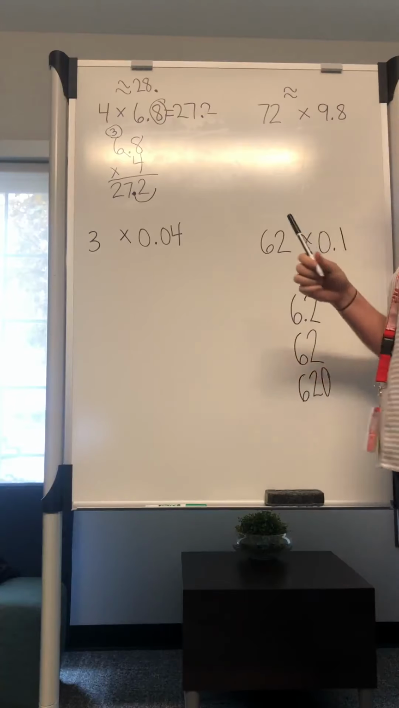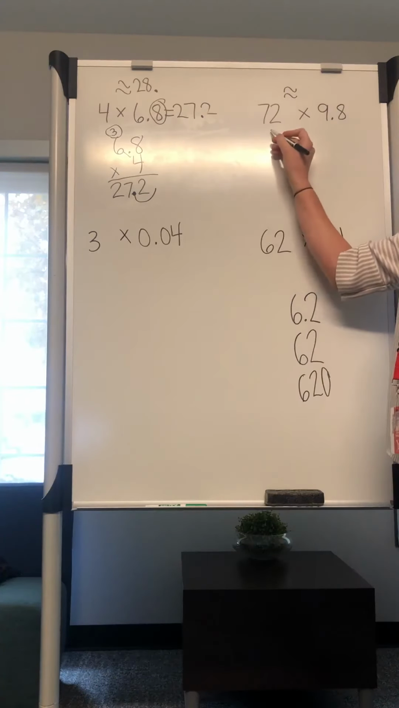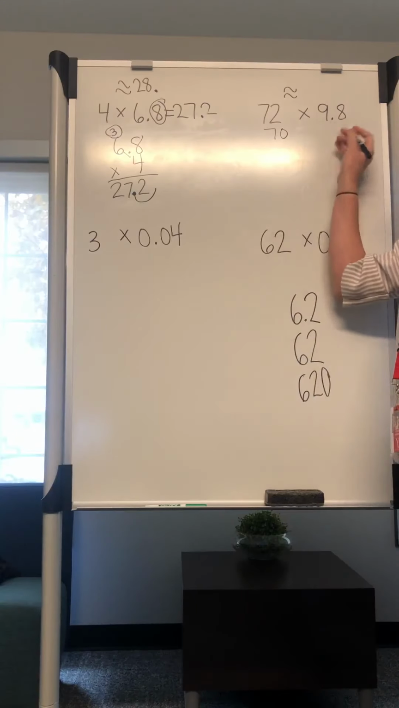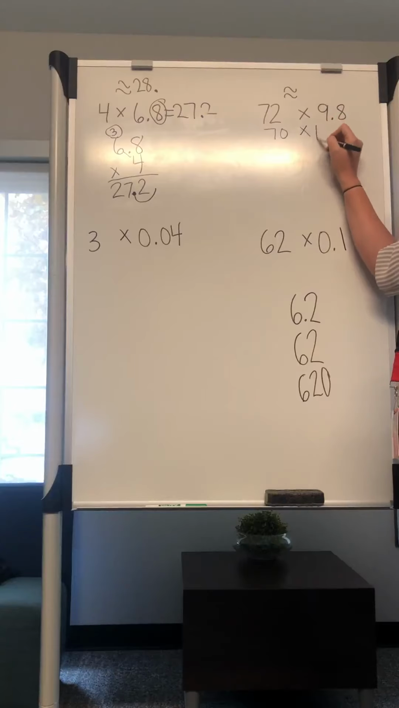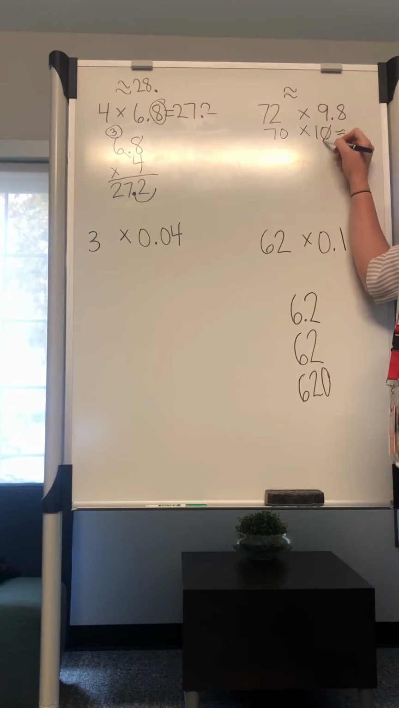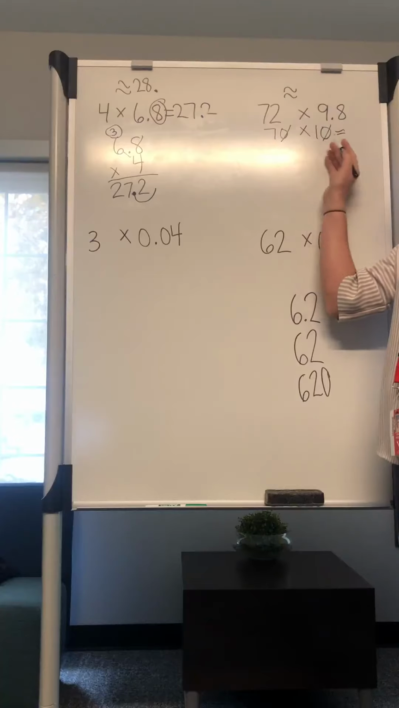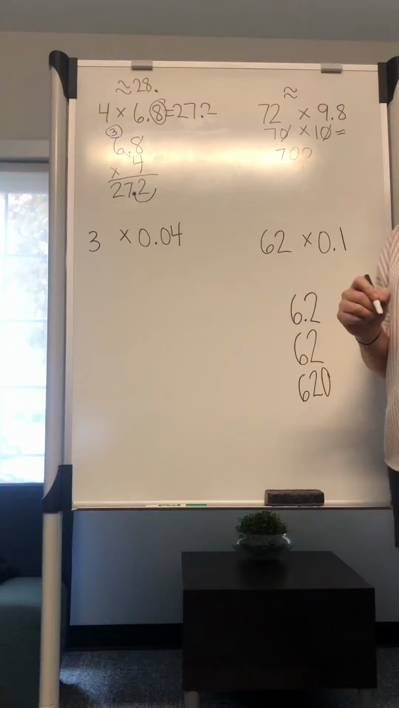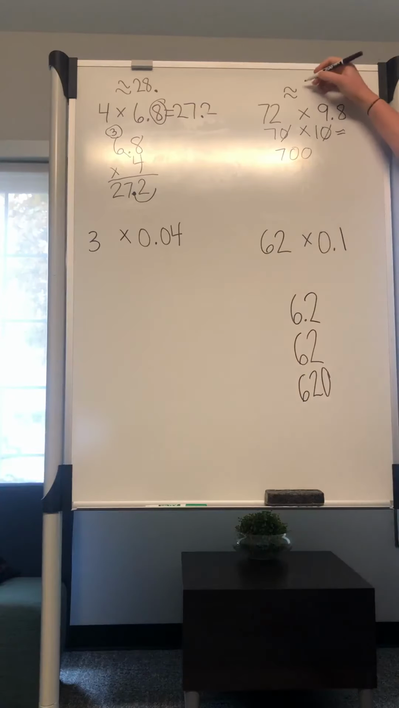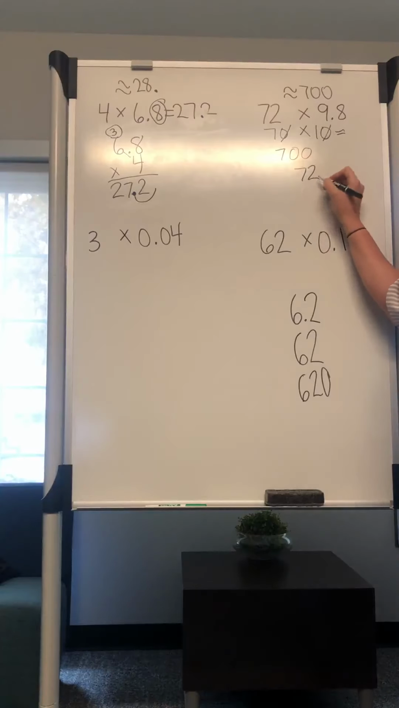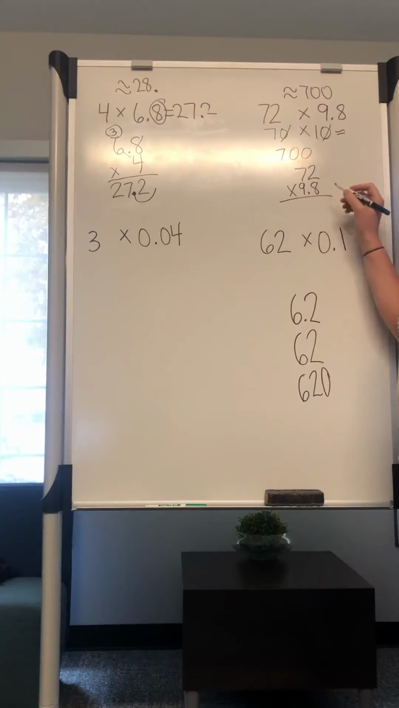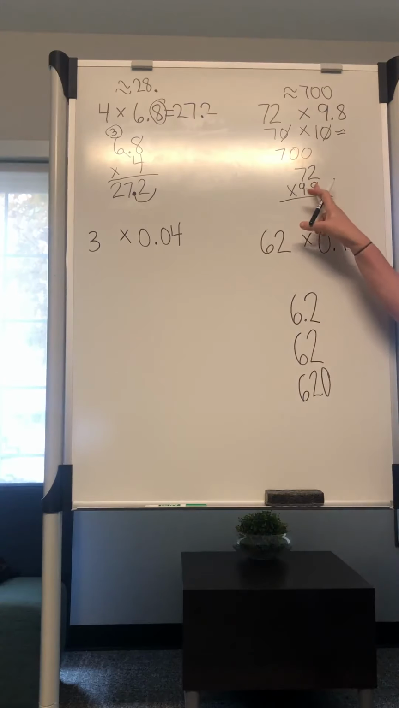All right, so hopefully you check in with them. I'm going to use estimation first, and I'm going to say that 72 is close to 70, and 9.8 is close to 10. So looking at that, I'm going to use my knowledge of base 10s and know that 7 times 1 is 7, and putting back on those base 10 values is going to be somewhere around 700. And now when I do 72 times 9.8, again, I'm going to ignore and pretend that the decimal place